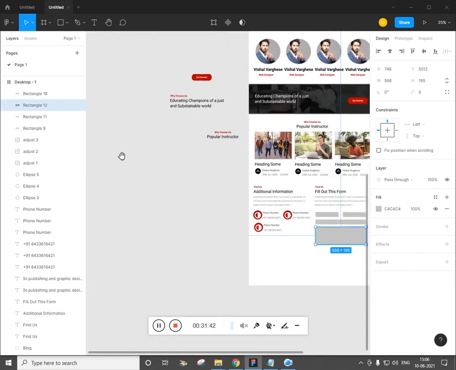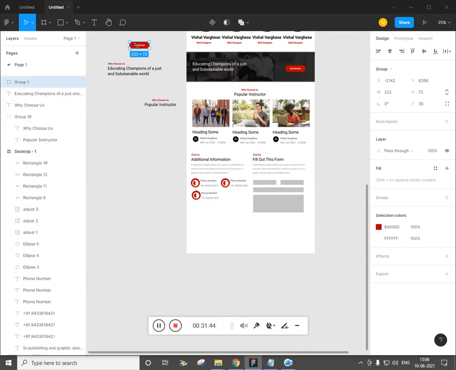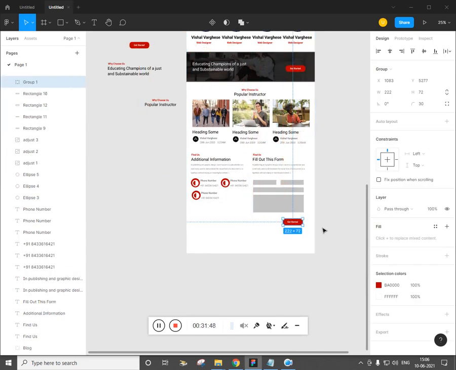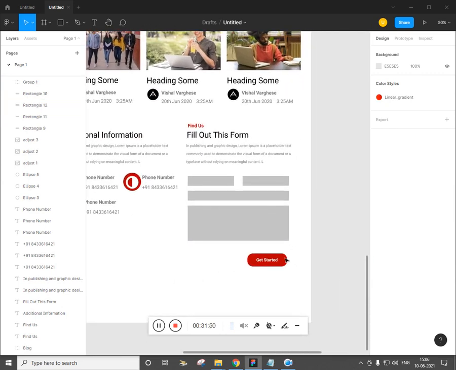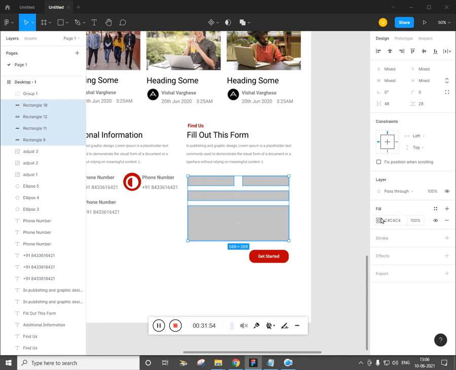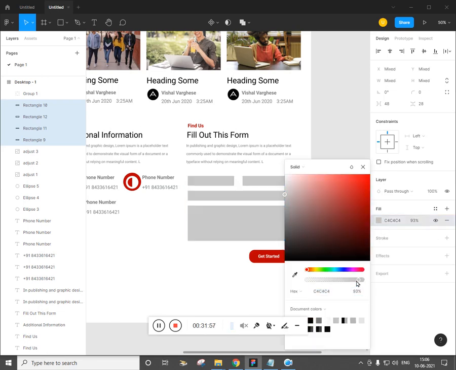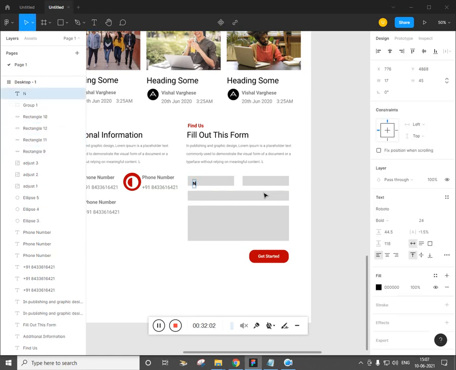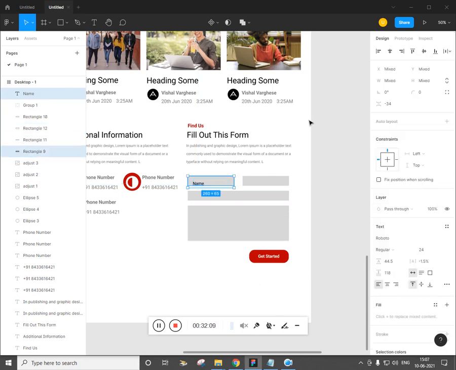So let's create the call to action button, and alt drag and place it at this place, and select all and give the opacity, and press T, name, let it be regular, and select the text and the container.